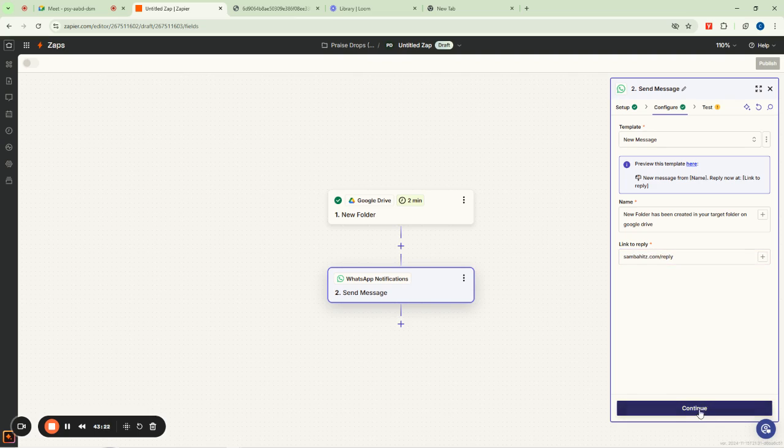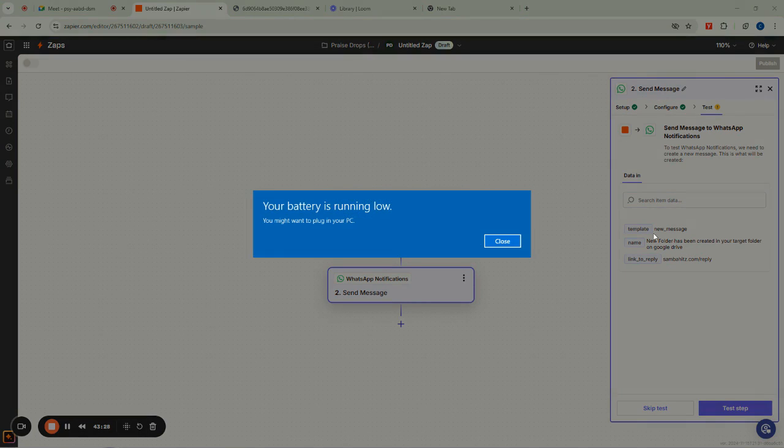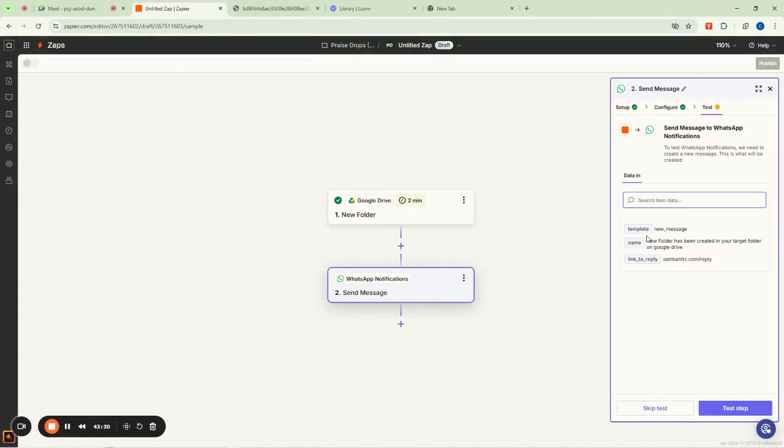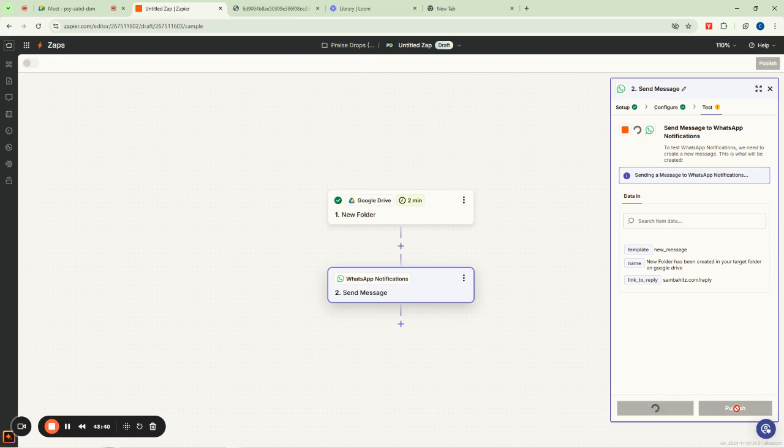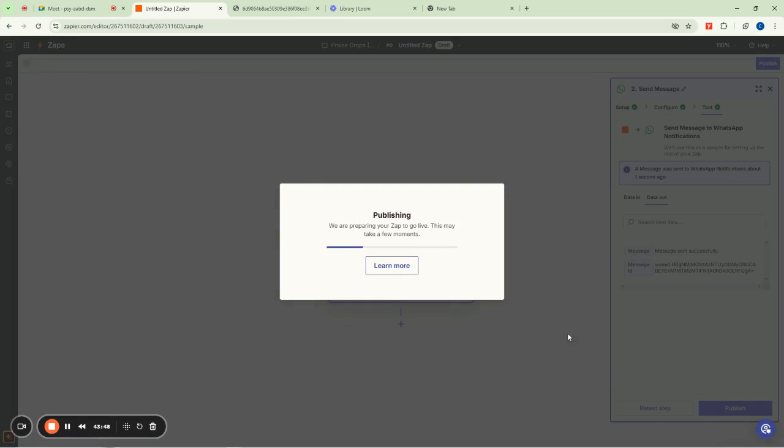Now you can also test or maybe continue. This is how our message will look like. It's okay, new message, new folder has been created in your target folder, blah blah blah, Google Drive. Now it gives us the link to reply. So can also test the step. Of course it will work, right? It will work. And then you can say publish. So now it has